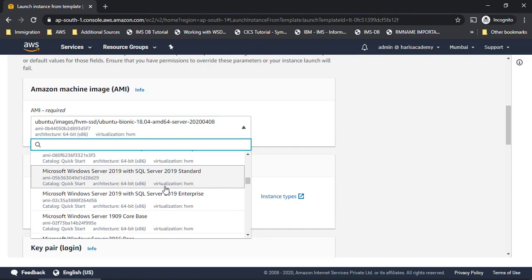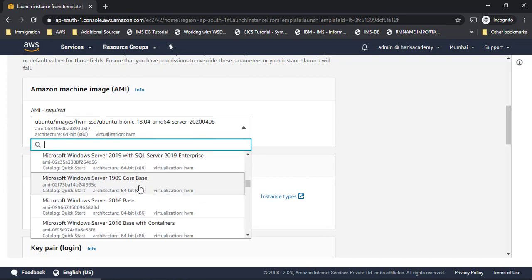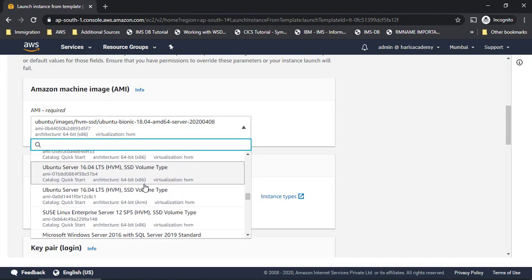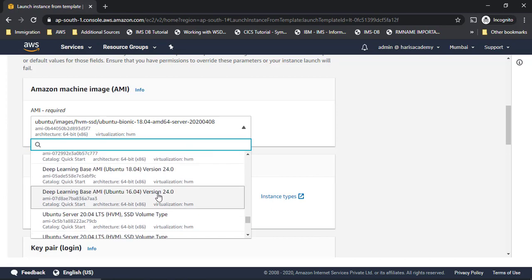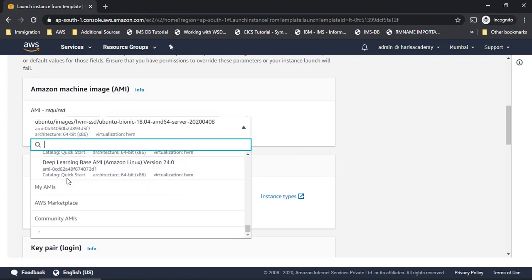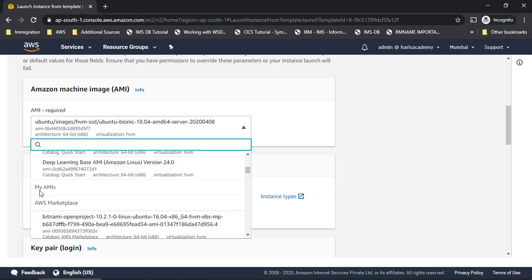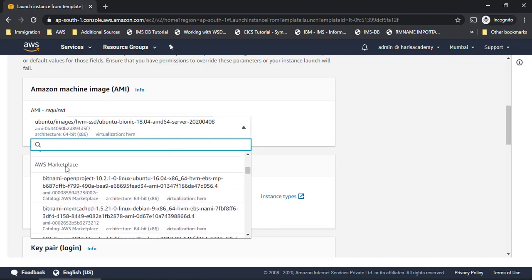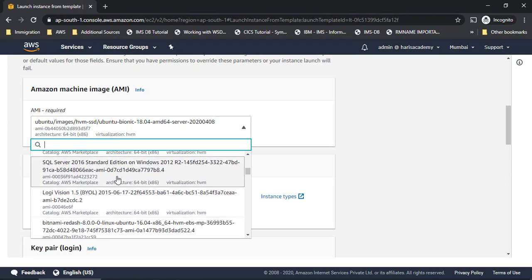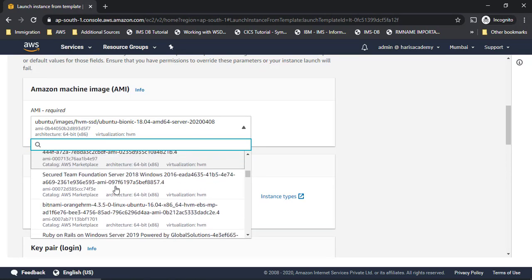It has installed some default software, like whenever we install a system, we get default software like Internet Explorer and other default options, right? In a similar way, Amazon has done the same thing for each and every machine. You can see different types of EC2 machines here in the different AMIs. And there is one more thing called My AMIs, which is not having any data right now, because we haven't created any AMI of our own, right? And there is one more called AWS Marketplace, from where you can also buy some other AMIs, right?